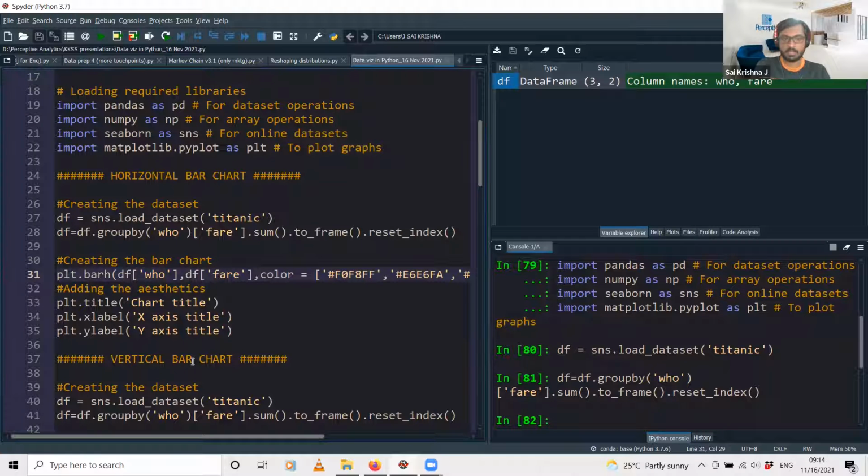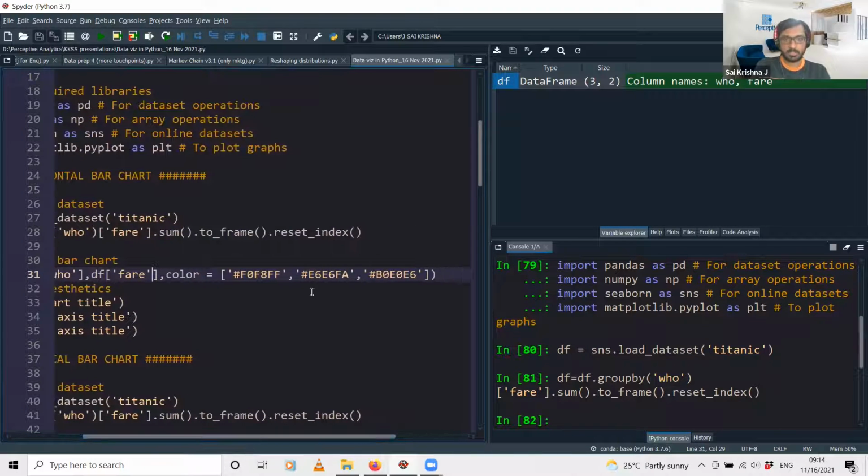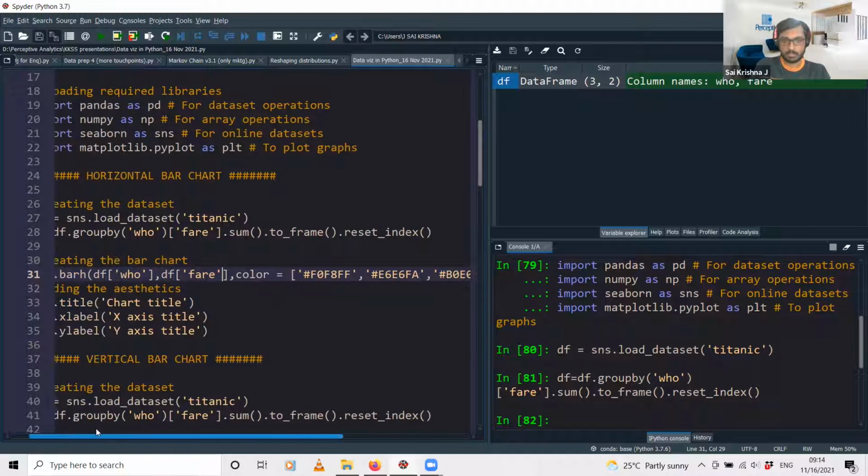So since we have like 3 different groups, right, men, women and children, so for each group we are specifying a different color, and for this we are using the hexadecimal values of the color. So this hexadecimal value, it's easy for you to get even if you go to any MS Office application, right? Even Tableau has this option where you can choose the color based on its hexadecimal value, and you can give this hexadecimal value and appropriately choose whatever color you need for each of the bars.